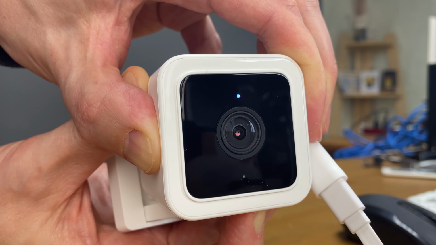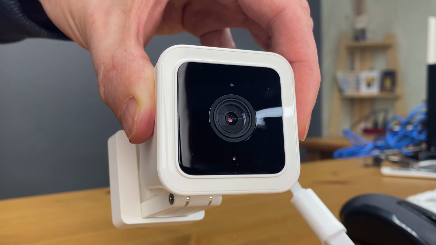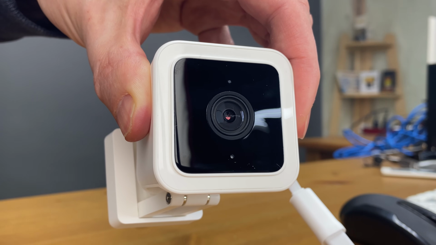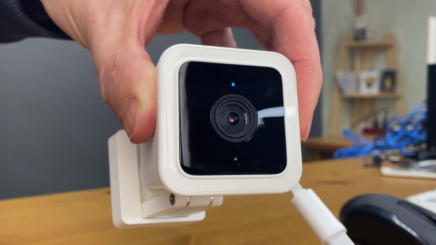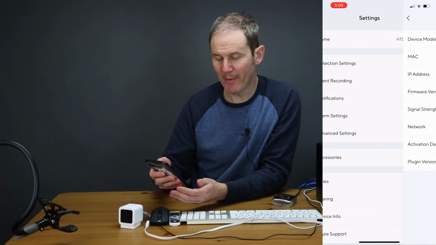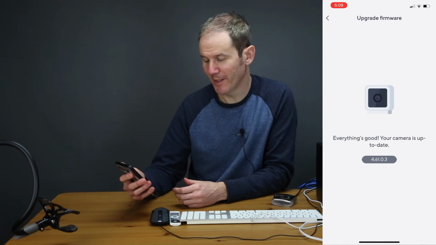When the camera starts back up, the light will be purple, then it will flash and turn to a solid blue. This means that the procedure is a success and the firmware has been updated. Now we're going to jump into the app and check out the firmware version. Yes, I can see that it has been updated to